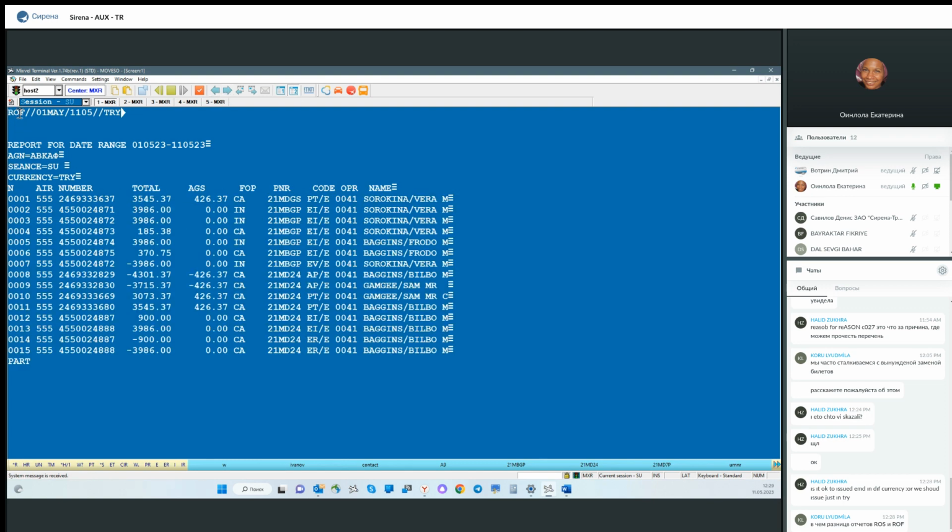So, in a ROF report, you will see tickets, you will see AMD, you will see the total amount in each document, ticket or AMD, sold or refunded or voided. Then you will see taxes in this document, form of payment, cash or invoice in my case, record locator, operation with document: PT is print ticket, for example, AP is refund of ticket, then EI is AMD issued, EV is AMD void, AR is AMD refunded. Then operator,